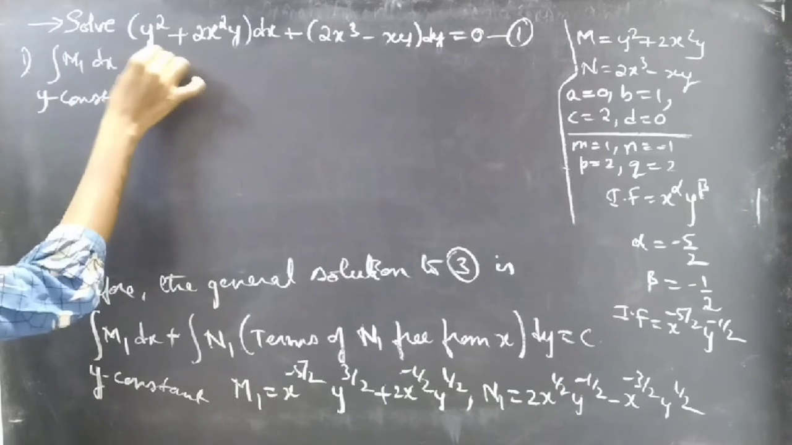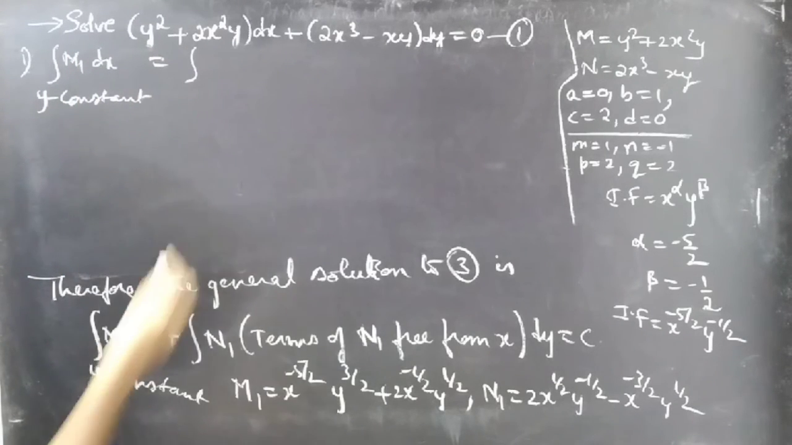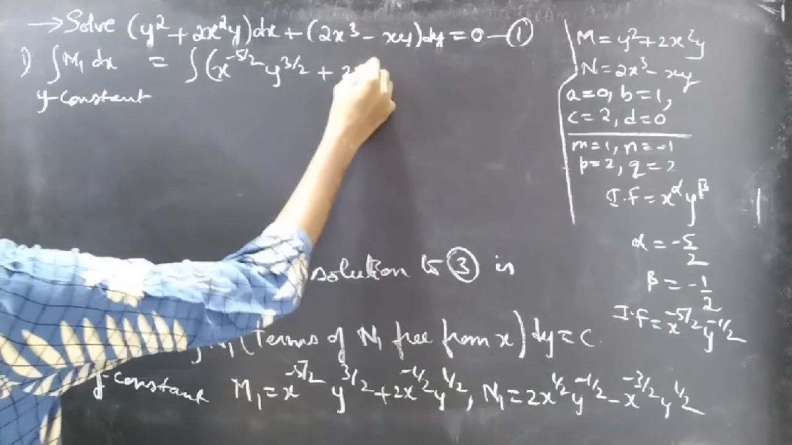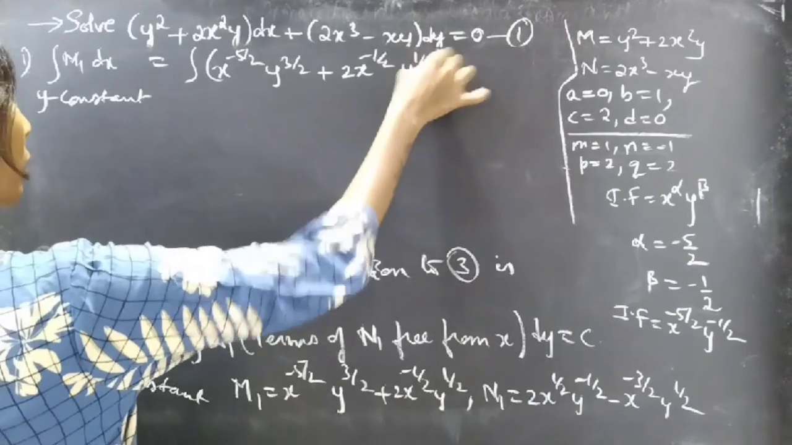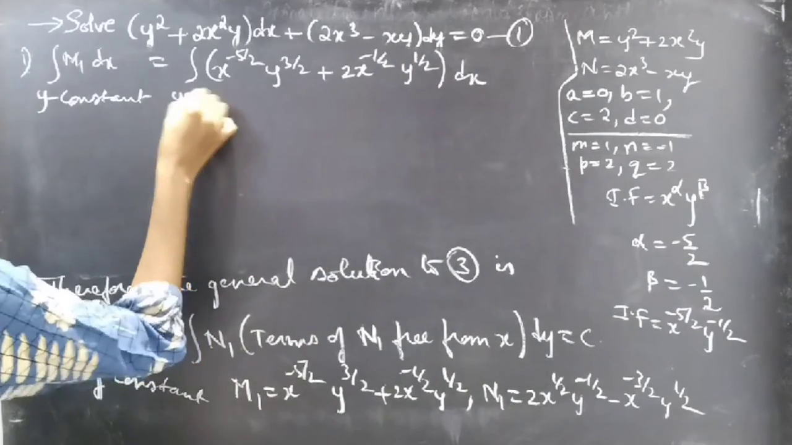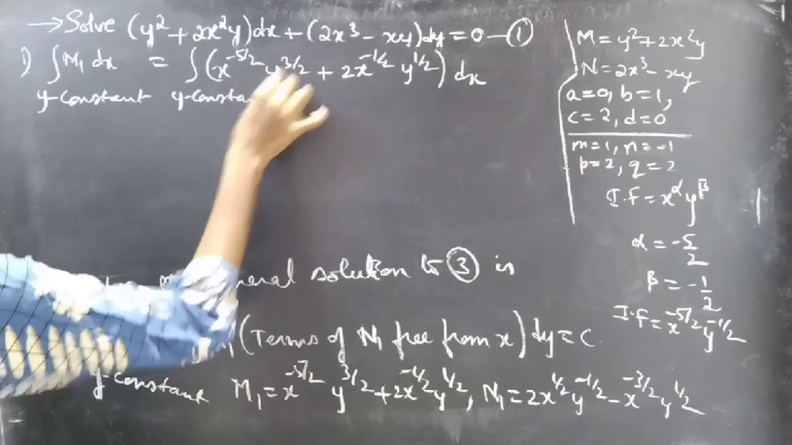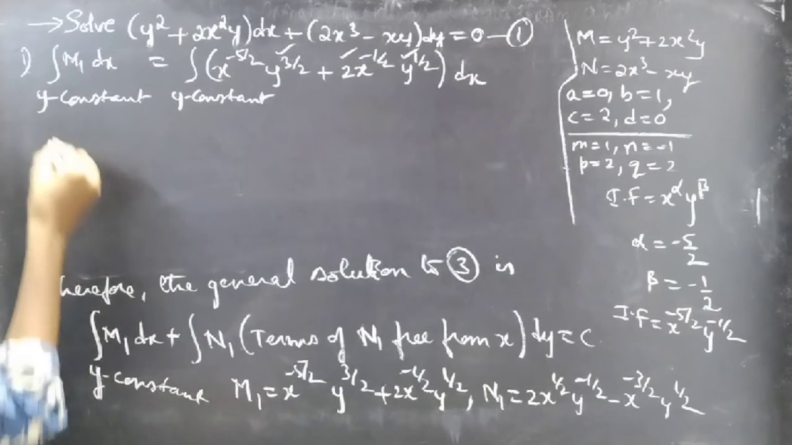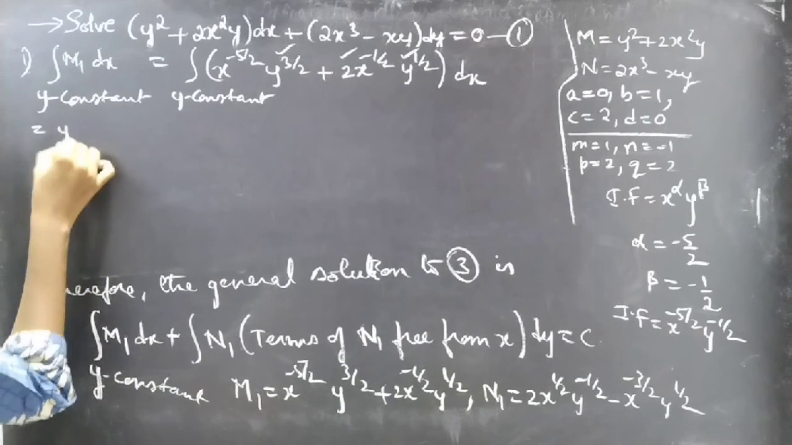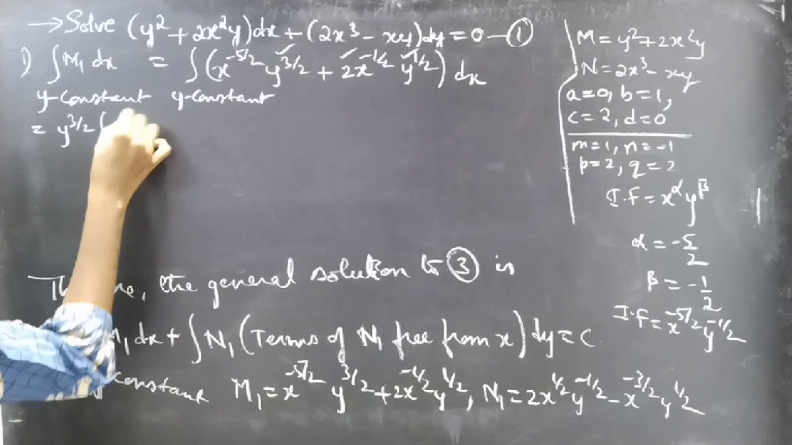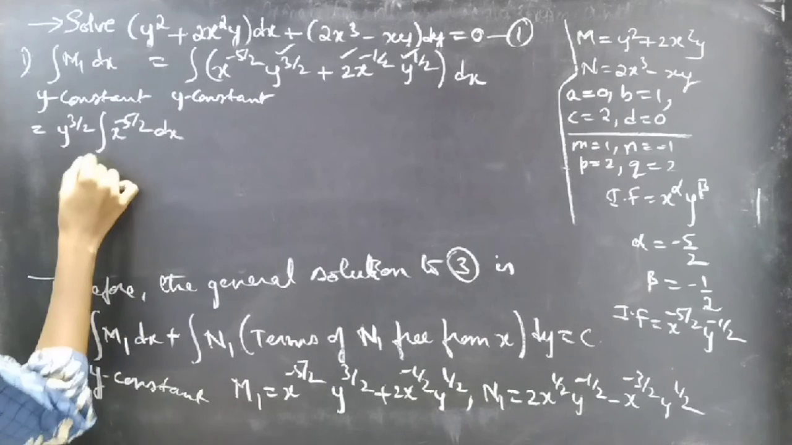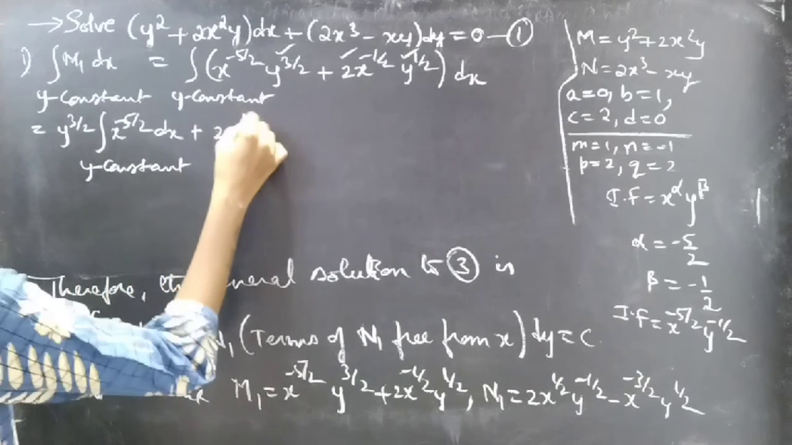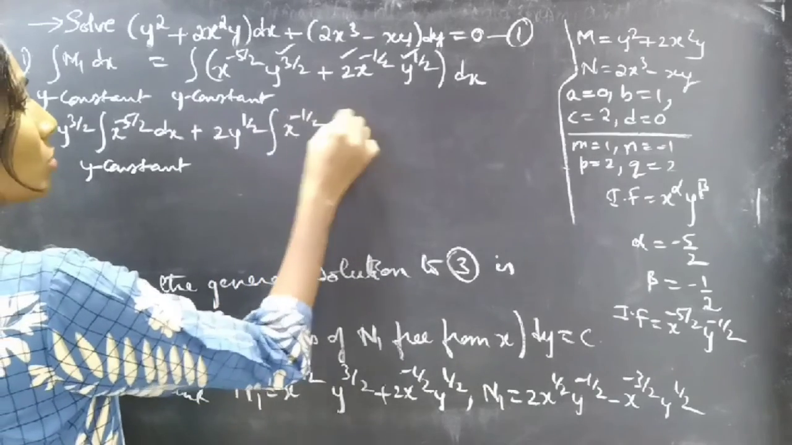The integral of M1 dx treating y as constant is equal to the integral of (x^(-5/2) y^(3/2) plus 2x^(-1/2) y^(1/2)) dx treating y as constant. So in the first term y^(3/2) is constant, in the second term 2y^(1/2) is constant, right? So let's write the above integral as y^(3/2) into the integral of x^(-5/2) dx plus 2y^(1/2) times the integral of x^(-1/2) dx,